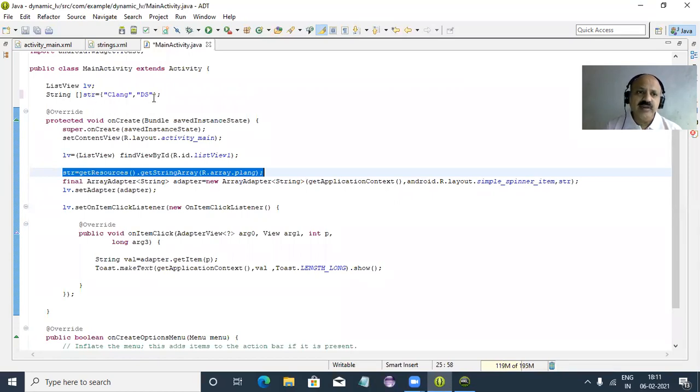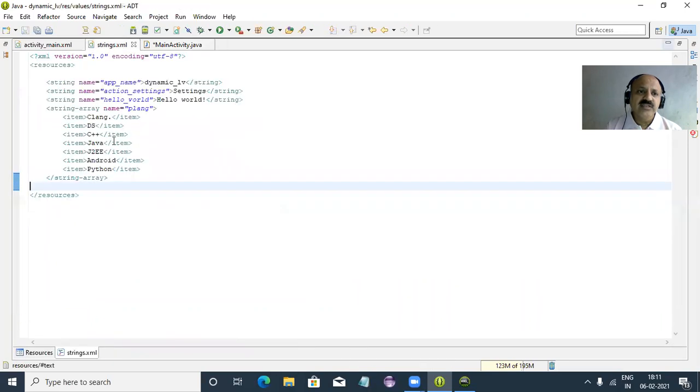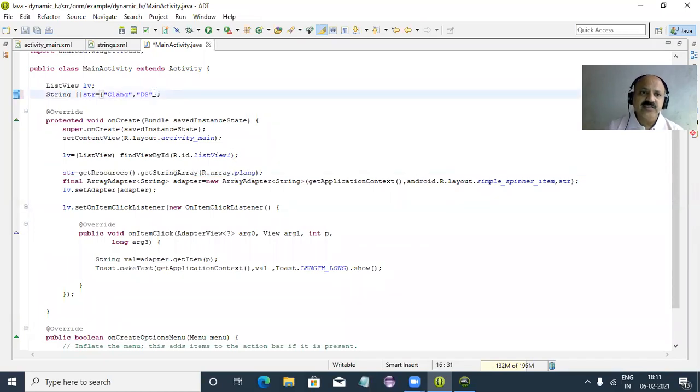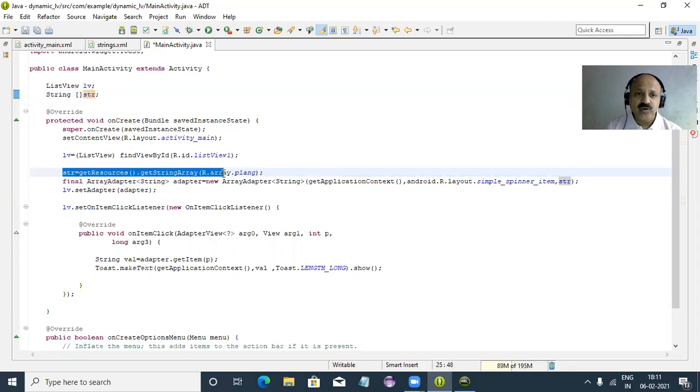So both are fine. You can use the string.xml directly or in the Java, providing your list as any of your choice. So both techniques I just showed you. So I remove this because we have to use it properly. So getResources, getStringArray, R.array, our string array name, and pass that string variable.